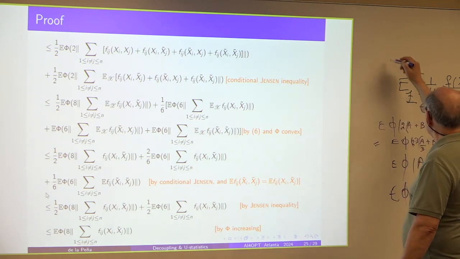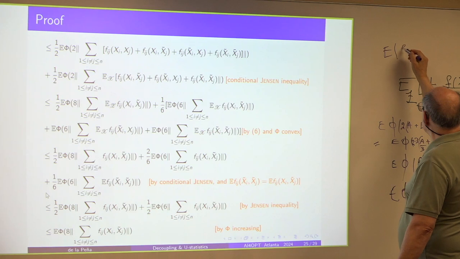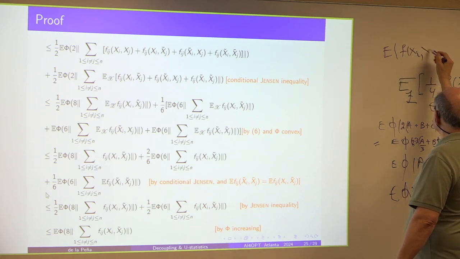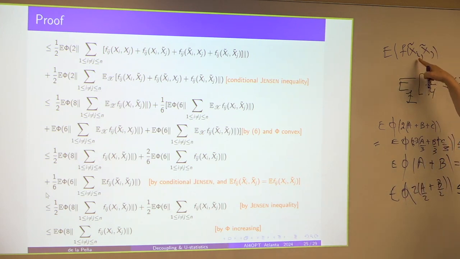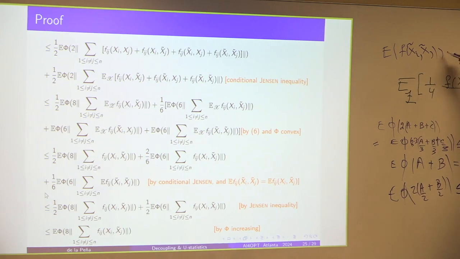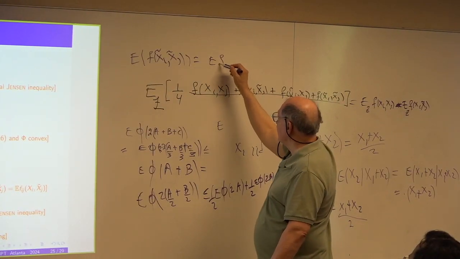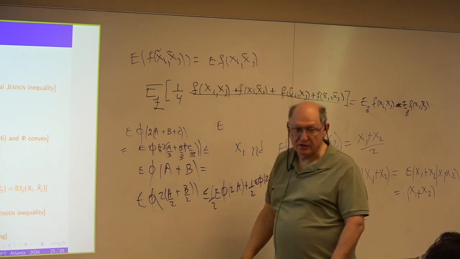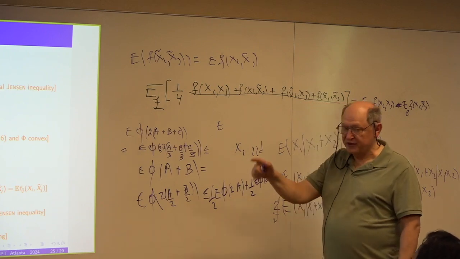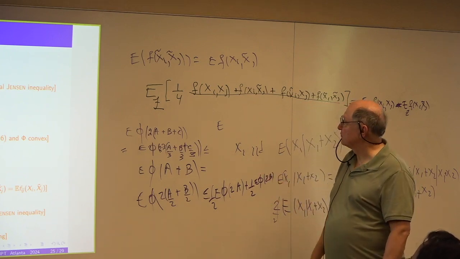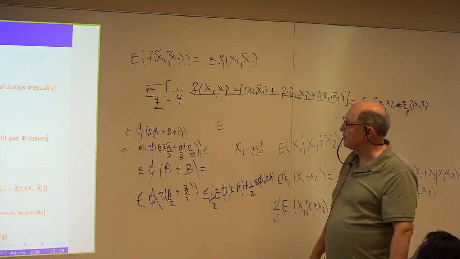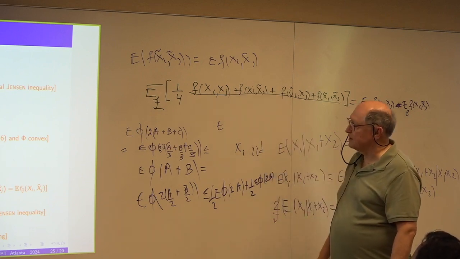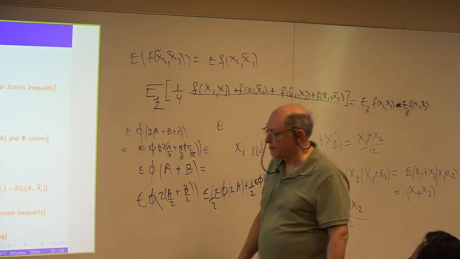So now, since the tildes and the non-tildes have the same distributions, this is exactly the same as the expected value of f of xi xj tilde. Is that clear? That was the main trick of the whole thing. Well, aside from the lemma, one had to come up with a lemma, but then one notices this, and then